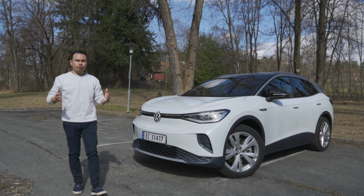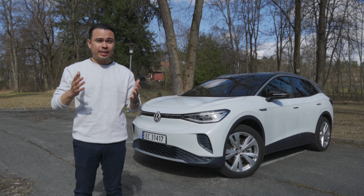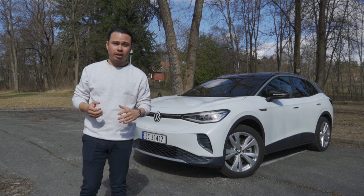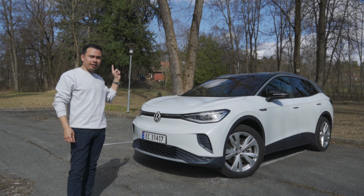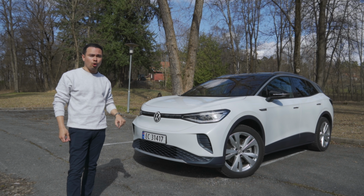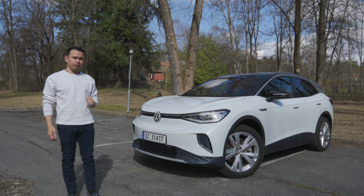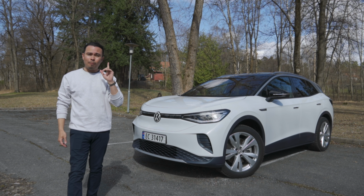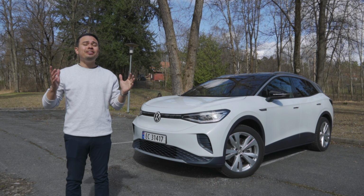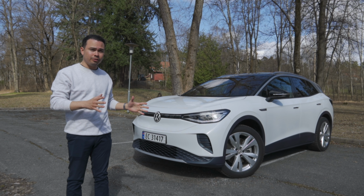The ID4 is an amazing family vehicle. It really is a very good car. It's big, it's spacious, it's roomy, it has a big trunk, it's practical. It has great range and an amazing price point. I really do like this car, but, and there is a major but, and that is the infotainment system,